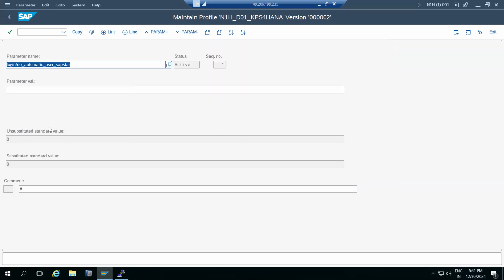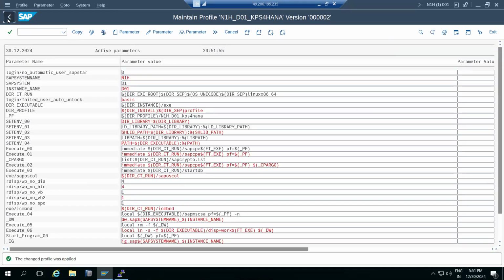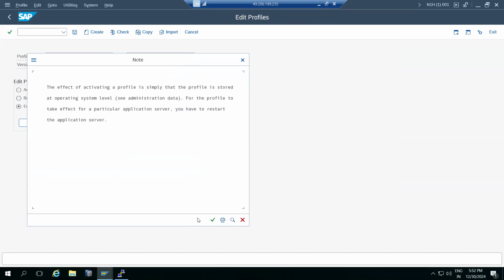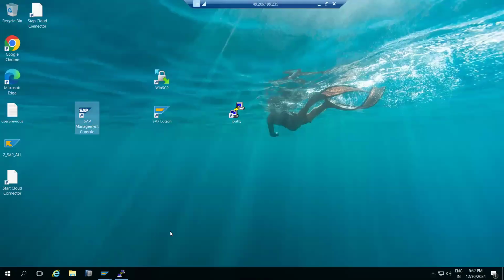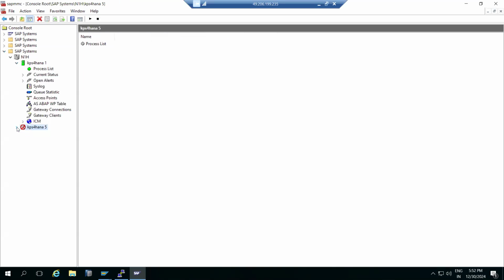Suppose I want to change this to 0. Why? Because 1 is the default. If you change it to 0, then copy, go back, copy, go back and save. After you save, copy, then activate, and the profile parameters will be activated, but you have to restart the system. We can restart it in multiple ways: either in MMC you can do the restarts, or